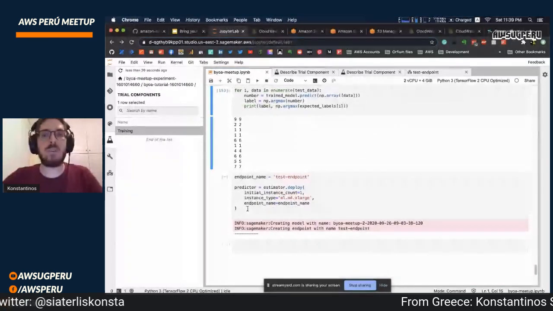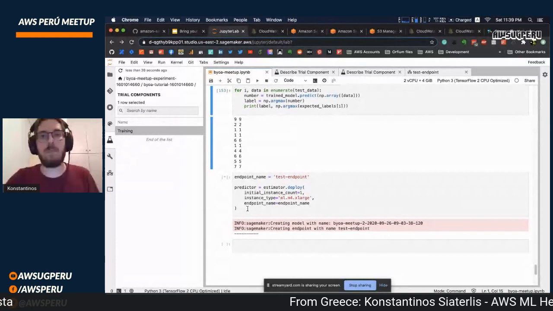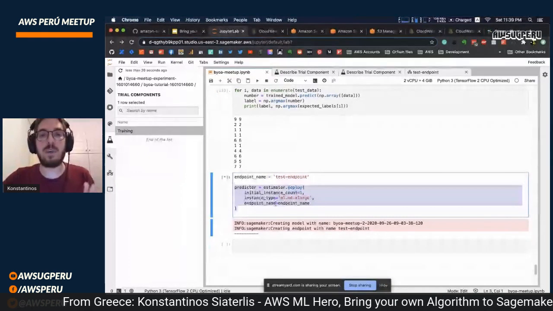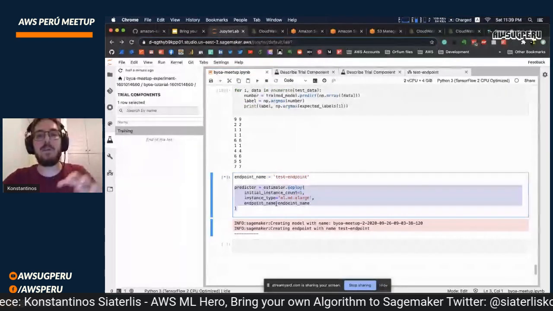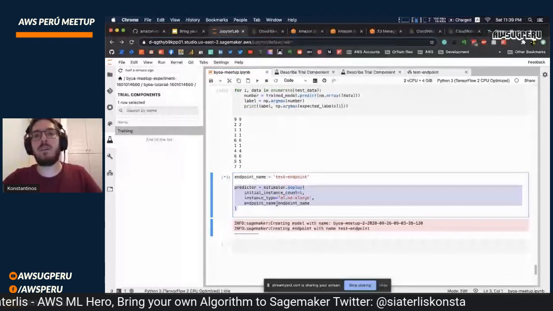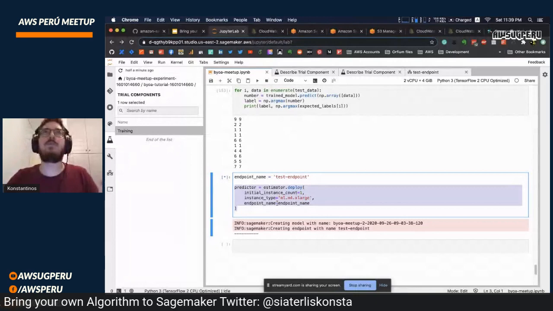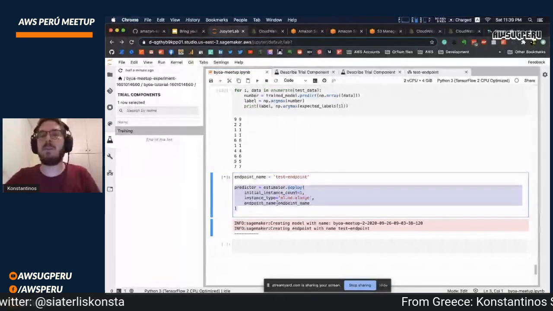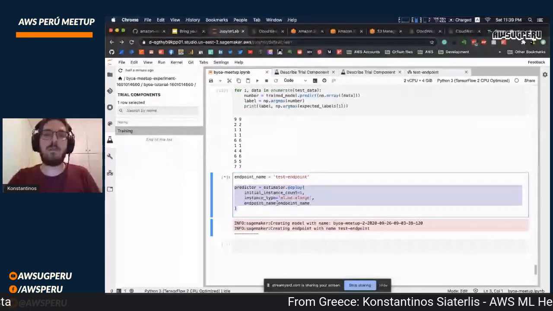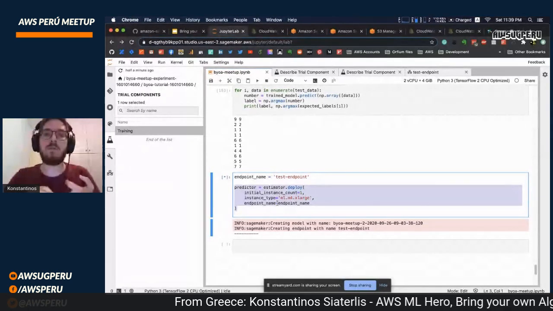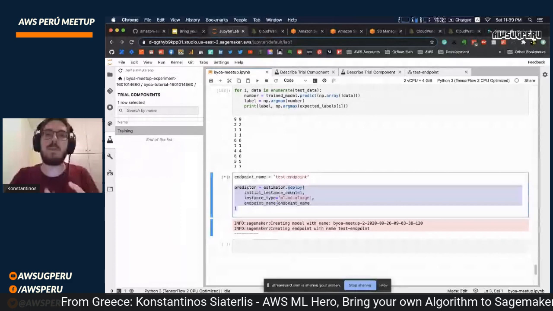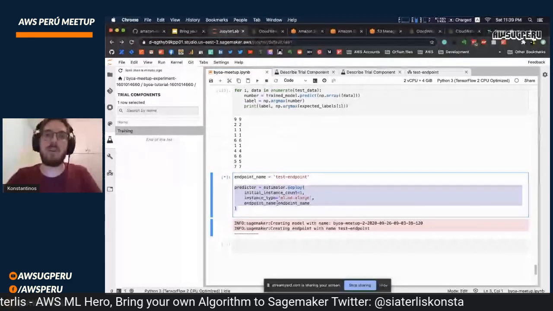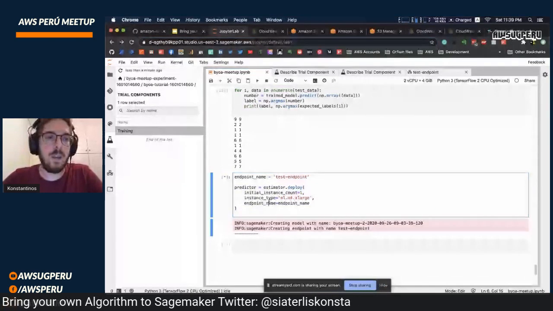Finally, once you have your artifact, your model uploaded to S3, it's pretty much one line of code. You can instantly deploy it to an endpoint, without the fuss of creating an instance, setting up a Flask API or whatever API you want, making sure that everything performs well, and you have no downtime and stuff like that. This is just one click, and you deploy your model into an endpoint.